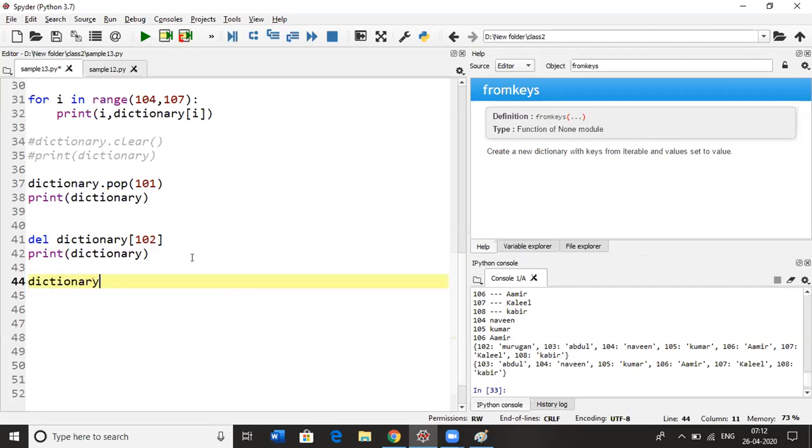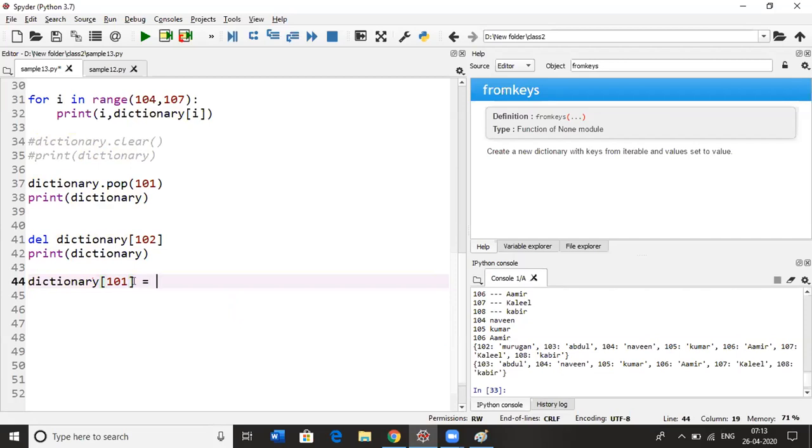If you want to add another key value pair, you can use two methods. One is, first we need to give the key here, whatever key we want to add. Say I want to add not one more time. After the deleting, I'm going to add one more time here.